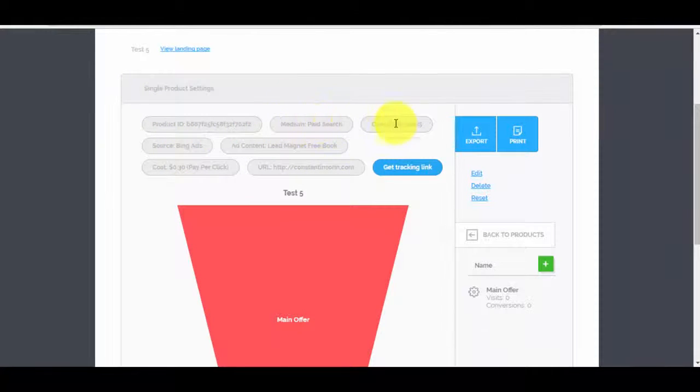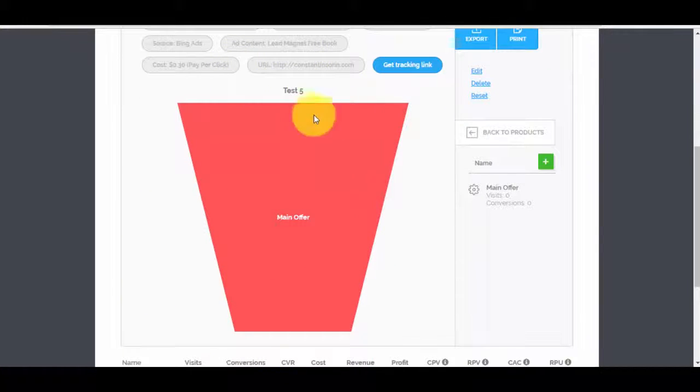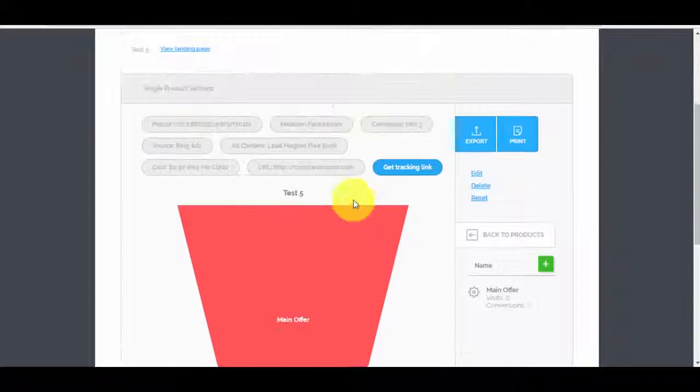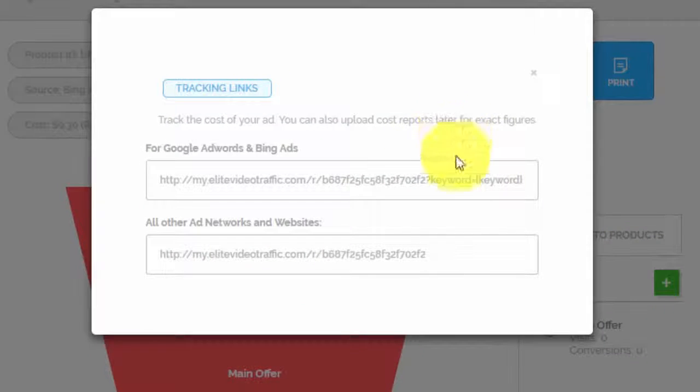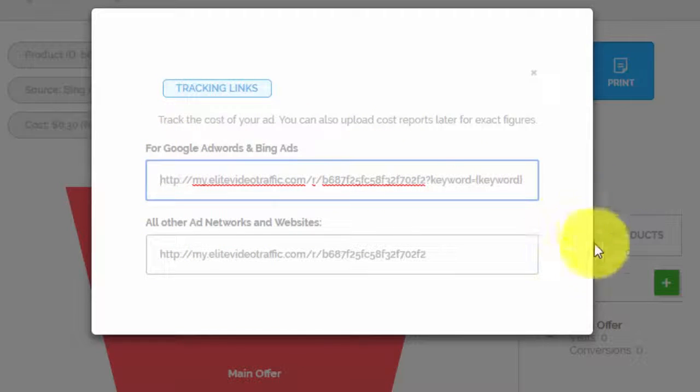Okay, the product ID, the medium, the campaign name, everything, all the details. And here is our front end of the funnel, right, our main offer. And now if we want to start to drive traffic here, in order for us to be able to track, we just have to press the get tracking link button, and here you can see that we have two tracking links,